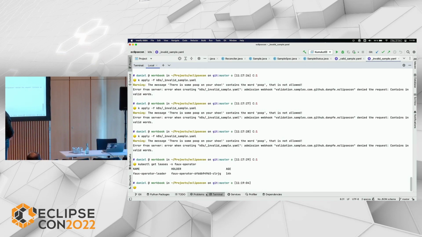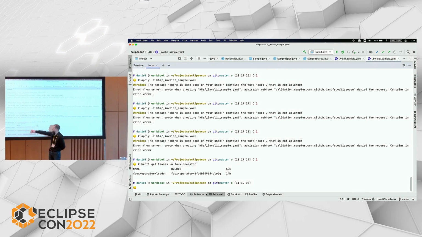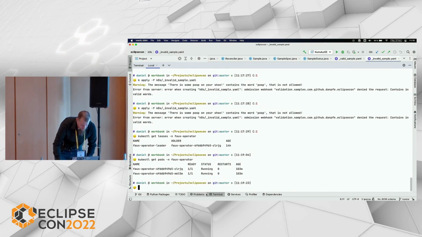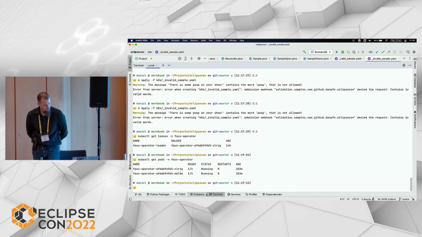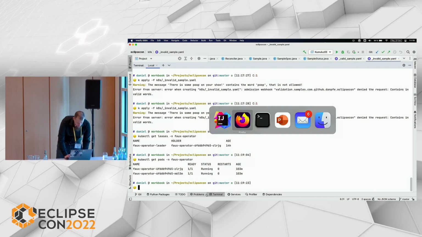So I check the leases, the operator leader, and the holder is CLRJG. And if we look at the pods, you will see that the first pod of those 2 is the current leader.